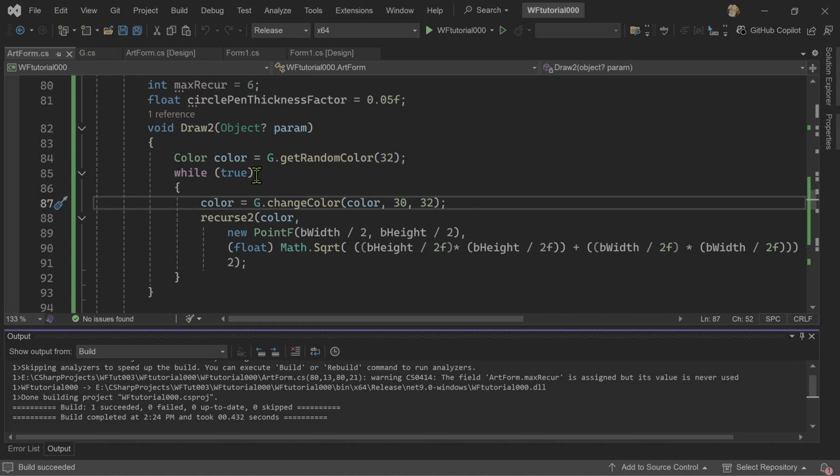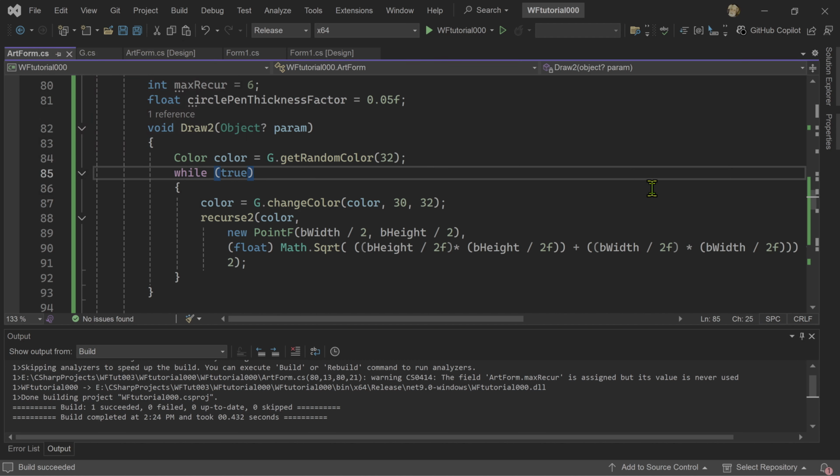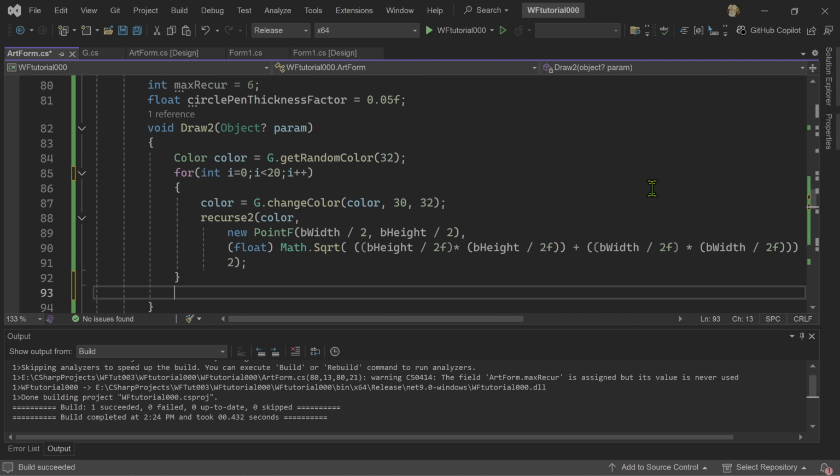Instead of saying while true, I'm just going to make it go around 20 times. So I'm going to say for int i equals 0; i less than 20; i plus plus. Okay, so that's good. That means the for loop's going to end. Now, at the end of the for loop, I'm going to call g dot